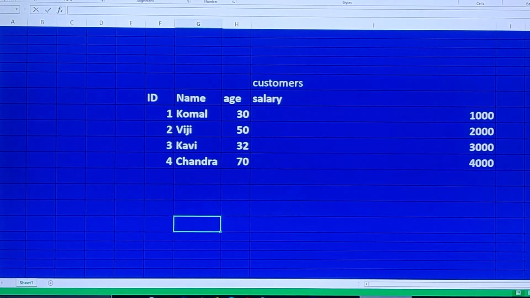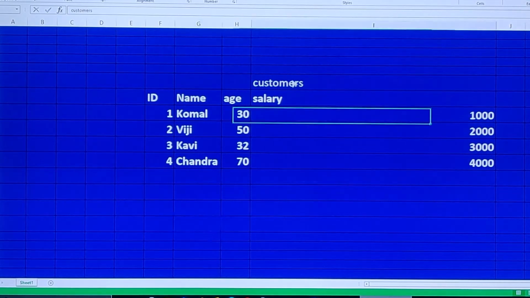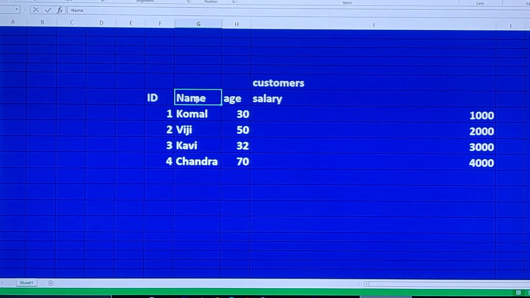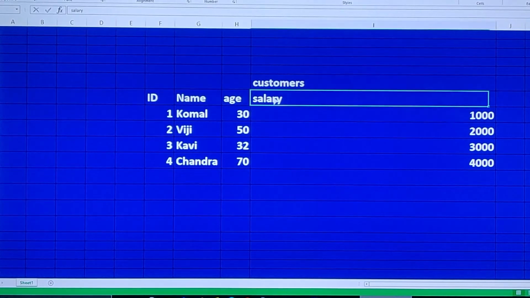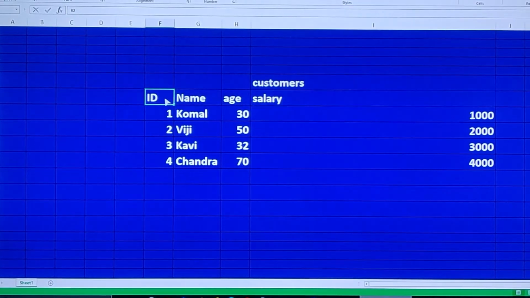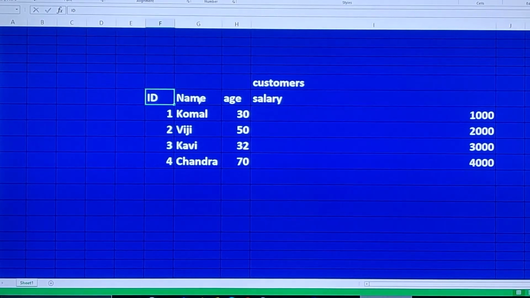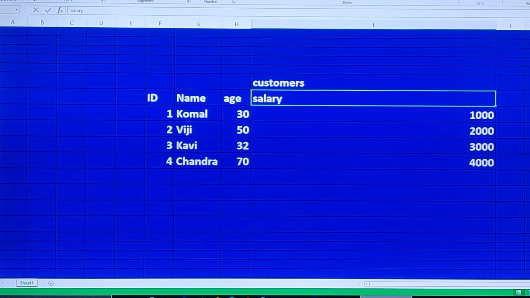So consider that in the customers table you have these 4 sets of data available, and there are totally 4 columns of data. One is ID, another is name, another is age, and another is salary. So ID will be column 1, name will be column 2, age will be column 3, and salary will be column 4.